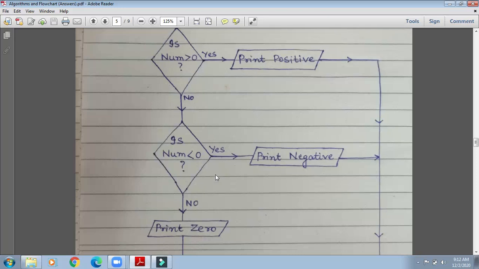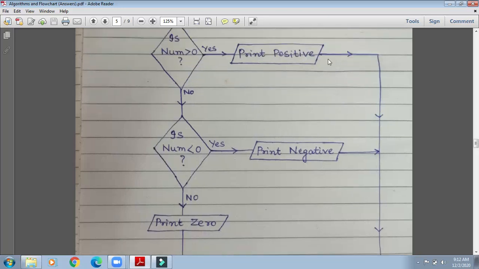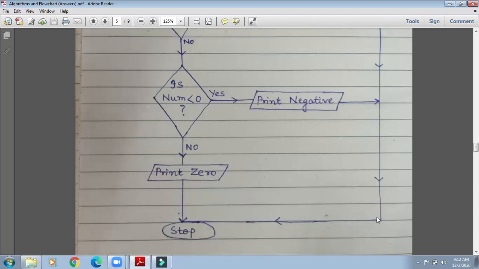So it is obvious that it is 0. So print 0. And all of these will link together like this. After printing negative, it will not go here. After printing positive, it will not go here. If yes, then process will be like this, number greater than 0, yes, print positive, and then it will follow these, and then it will stop.